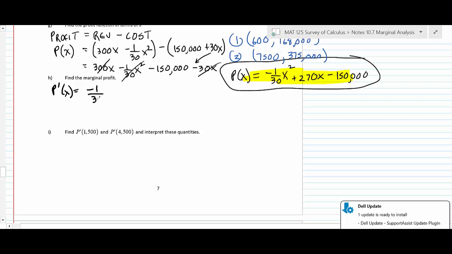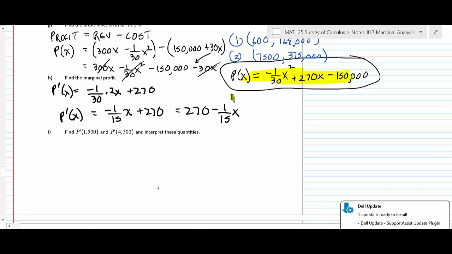That's negative 1/30th times 2x plus 270. So the marginal profit function is going to be negative 1/15x plus 270. You can write it that way, or you can also write it that way. It doesn't make any difference. Okay, so I'm just going to write my marginal profit like that. What I did is I reduced the 2/30ths. That's how I got the 1/15. So again, I'm writing the constant down, doing the derivative of x squared, and the derivative of x is the